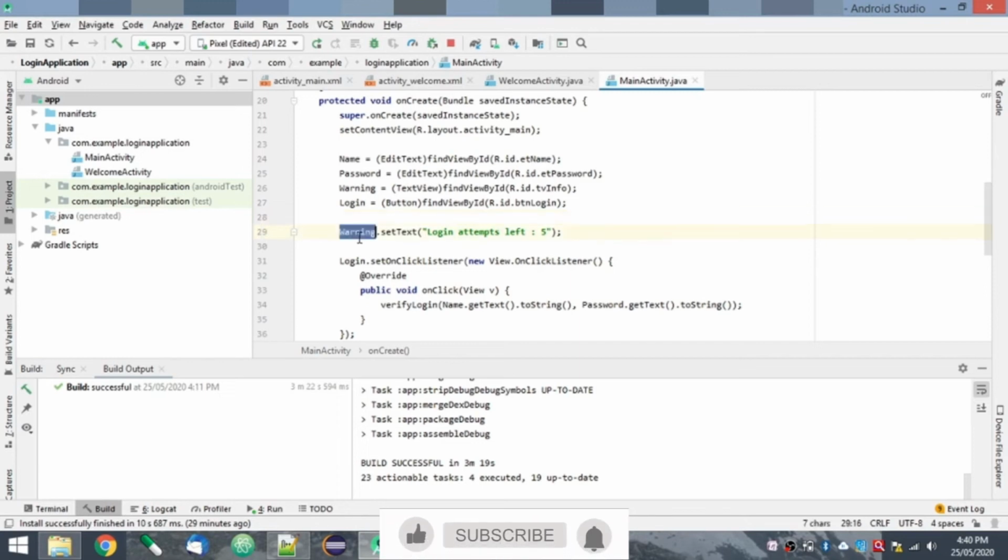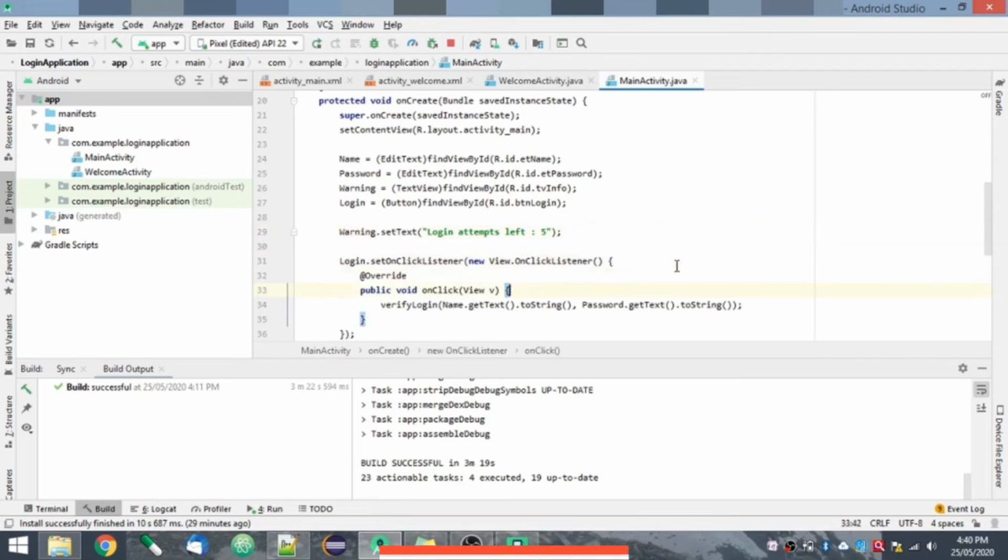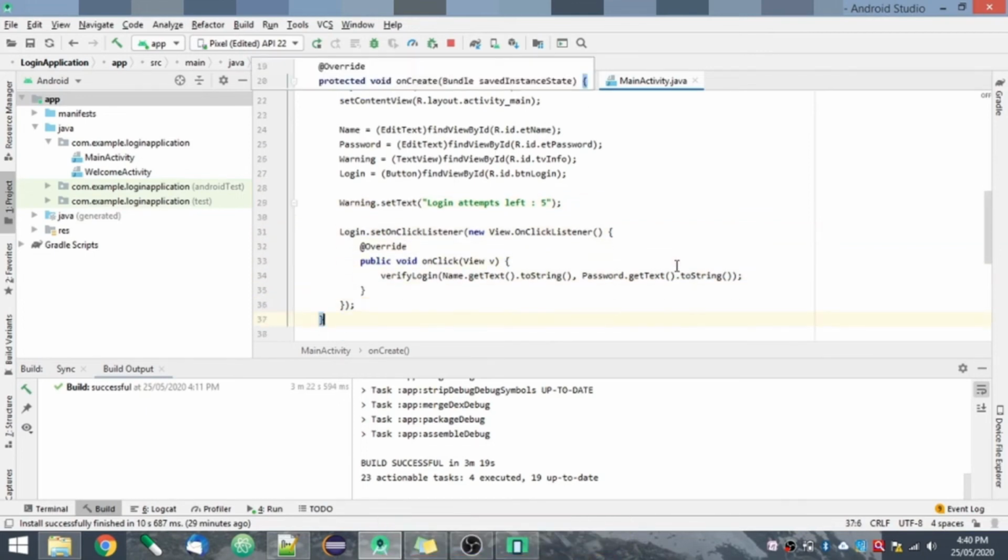Now the warning that I want to set initially as login attempts left 5. So I have used the set text method. Then within the onCreate method, I want to set a click listener for the login button. Okay, so what I will do is on login,